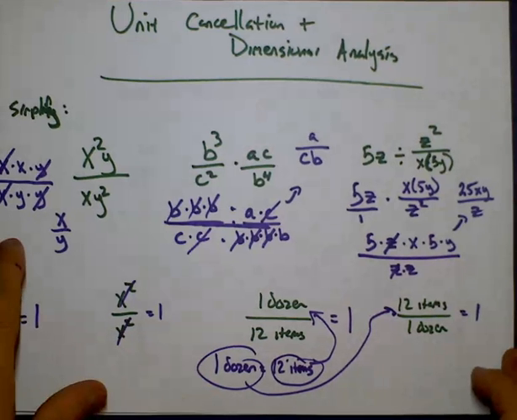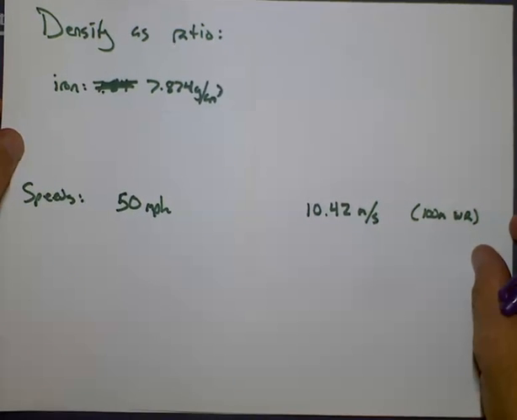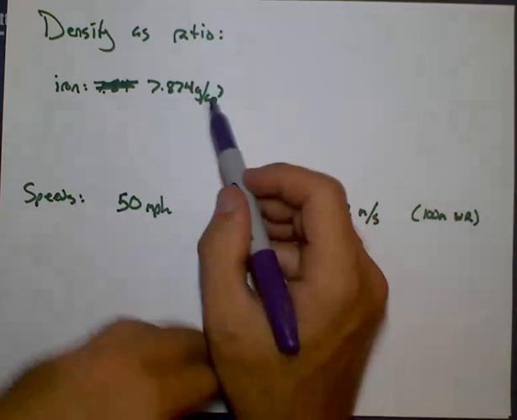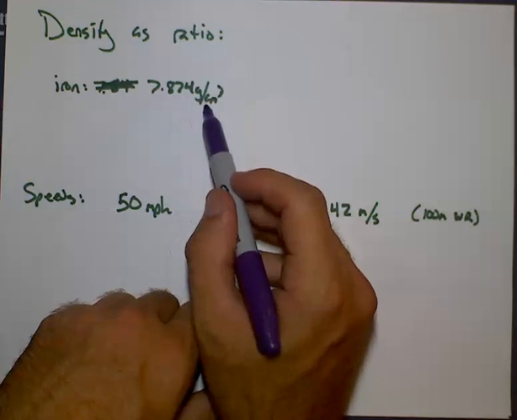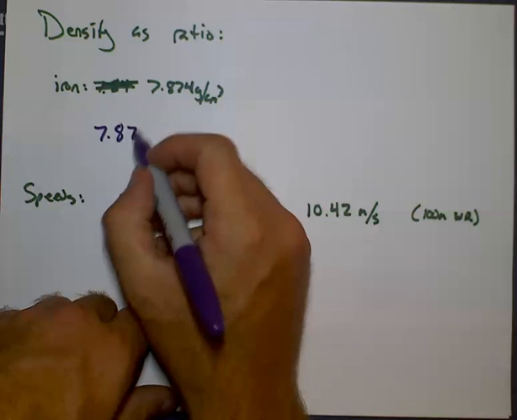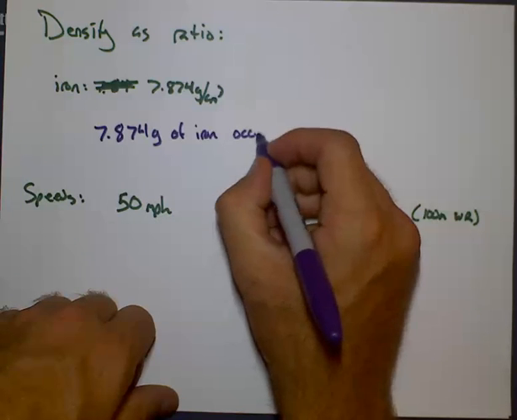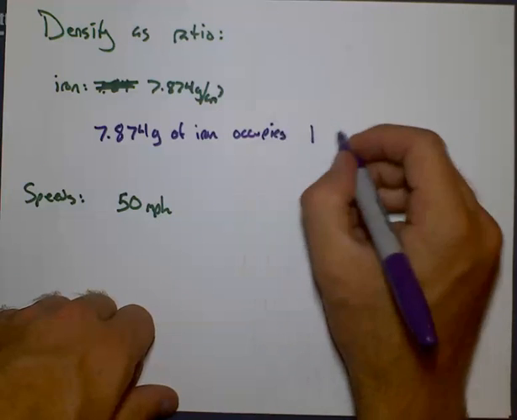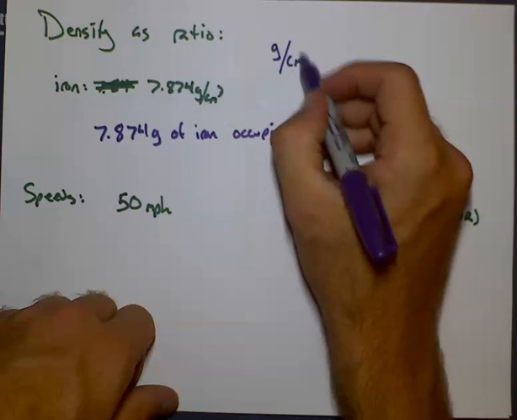Let's see a couple other examples. Density is something that we've probably been dealing with for a while. Well, let's look at what this actually means. The density of solid iron is 7.874 grams per cubic centimeter. That means that 7.874 grams of iron occupies or takes up 1 cubic centimeter. This grams per cubic centimeter